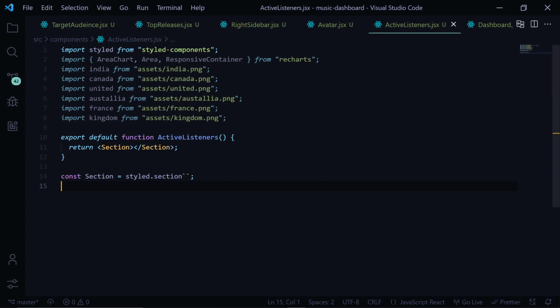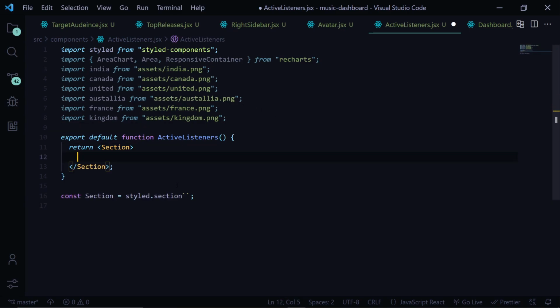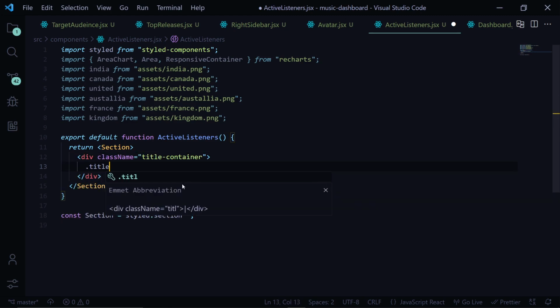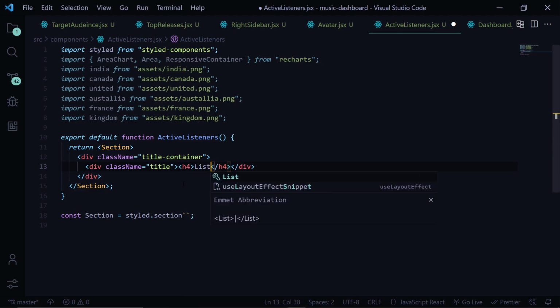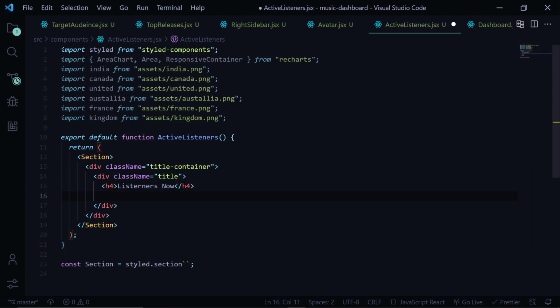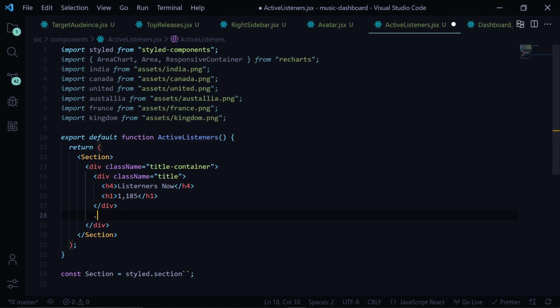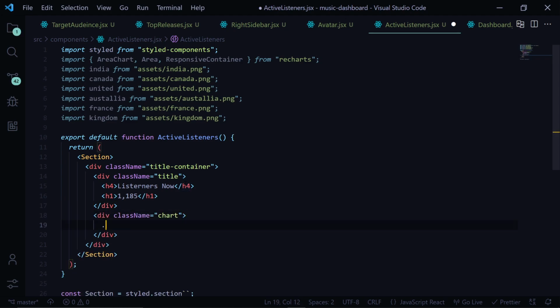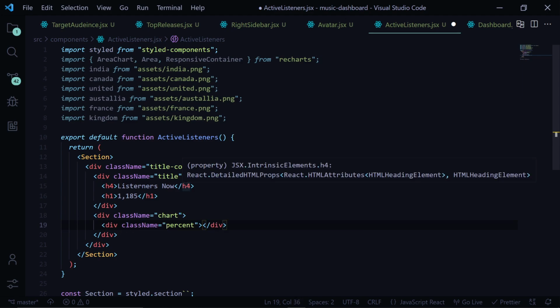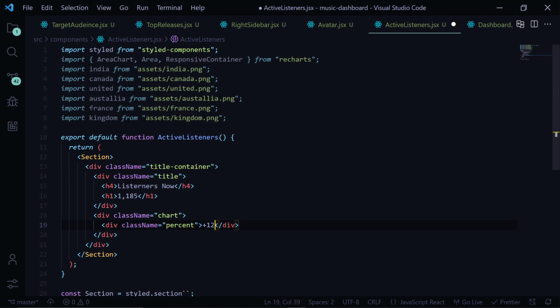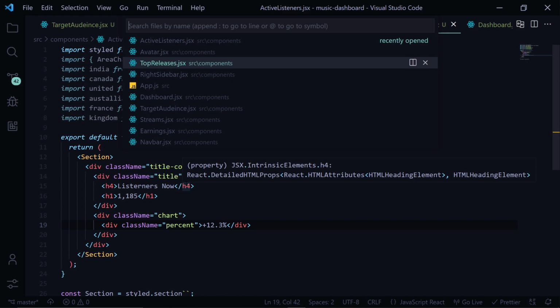And here I have already imported this. Now here I'll write title container. Inside this we have title. We have h4 as listeners now. After this we have an h1 of current listeners. After this div we have a chart div. Inside this we have a percent, which would be plus 12.3%. We'll head over to the streams.jsx